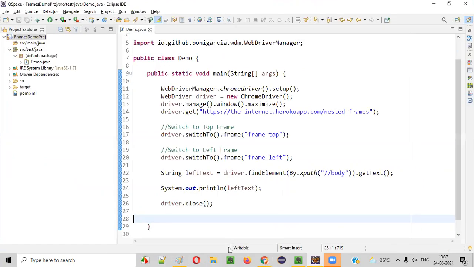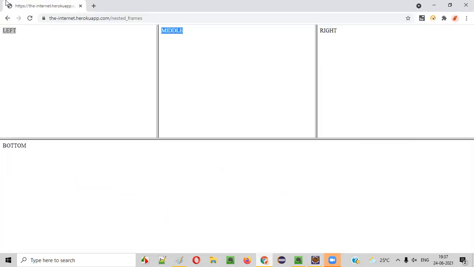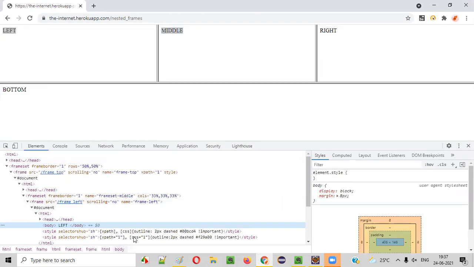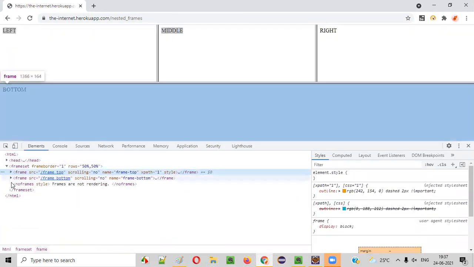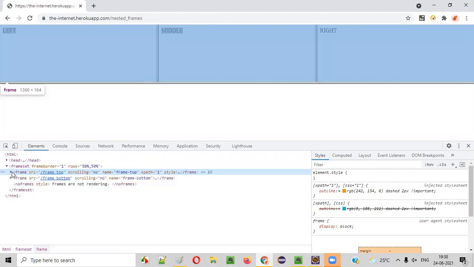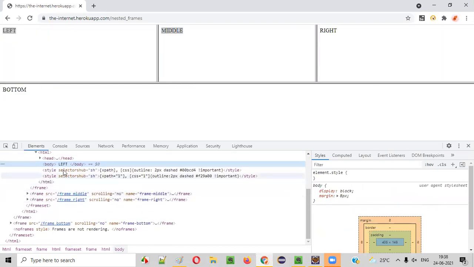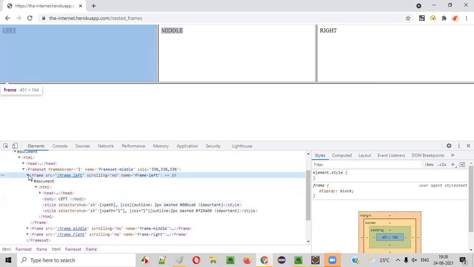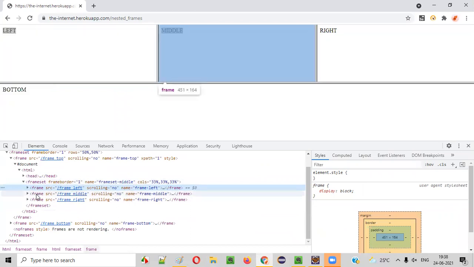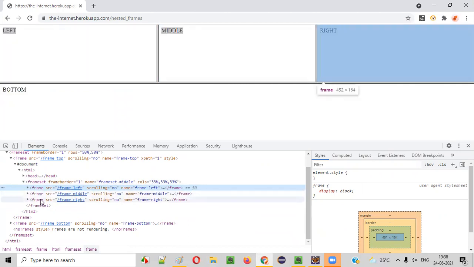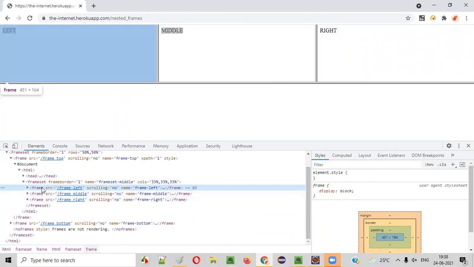So here, guys, if you clearly investigate this particular page, if I right click and inspect any of these elements, and investigate this page about these frames, you'll get more idea. If I collapse this particular frame, how many frames are there in total? If I inspect this left, on the top of the left there is one frame, right? If I collapse this, how many frames are coming? 1, 2, 3. These are sibling frames or not? This left is a sibling frame, middle is another sibling frame, and right is another. These three are sibling frames, which are at the same level.